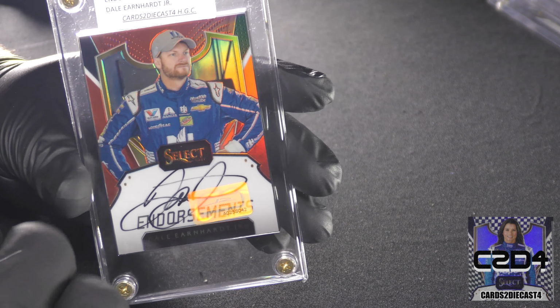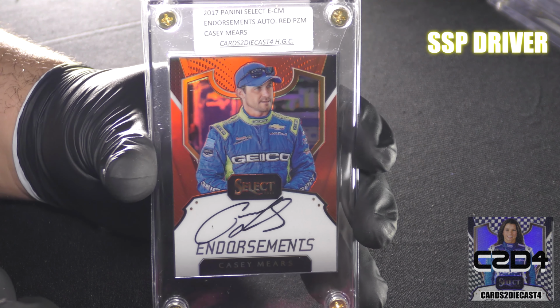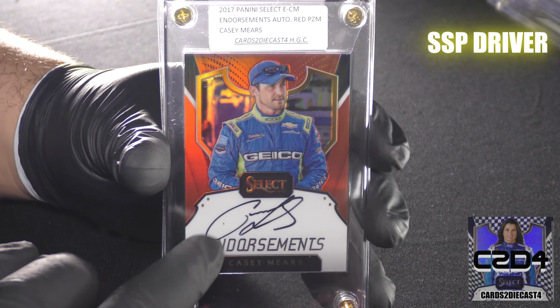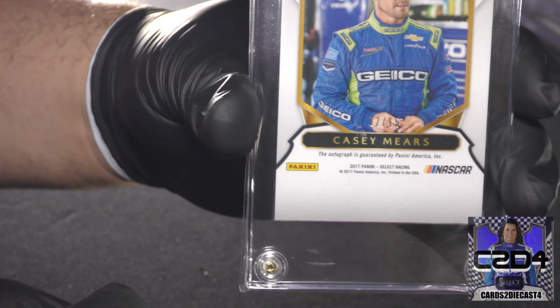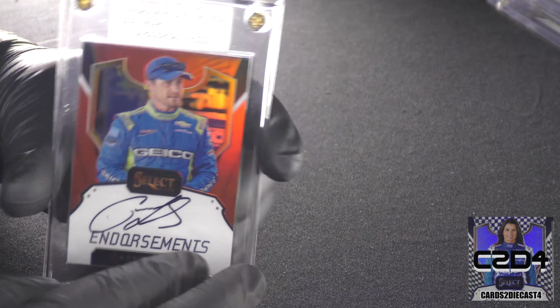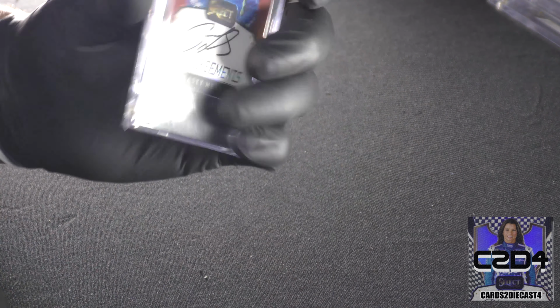so it's going to be William Byron here in a second. It's going to be Bobby Labonte, the second most difficult, then Dale Earnhardt Jr. Followed by this driver right here. Again, I'm not sure why they short printed him to death in the blue and the red, but Casey Mears likewise is also short printed, so don't forget about this guy when you decide to collect the entire red set here, because when we flip the card around, we see there, what is this? This is out of 15 as well. This is 2 of 15. So make sure it's going to be, again, William Byron, Bobby Labonte, Dale Jr., Casey Mears, your 4 short printed